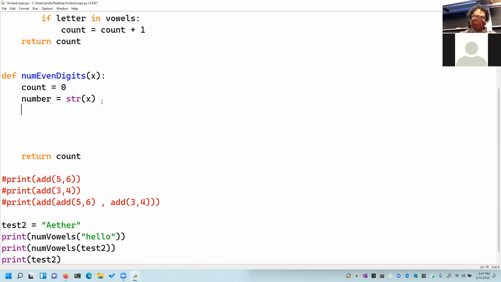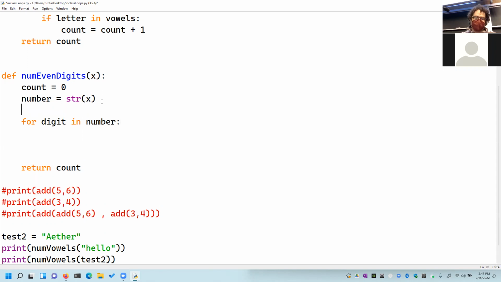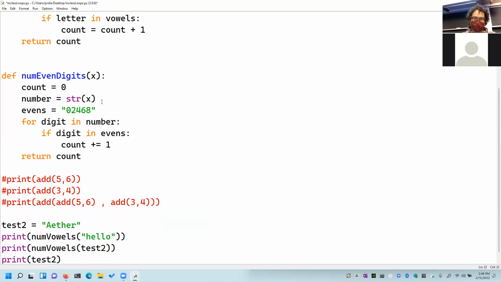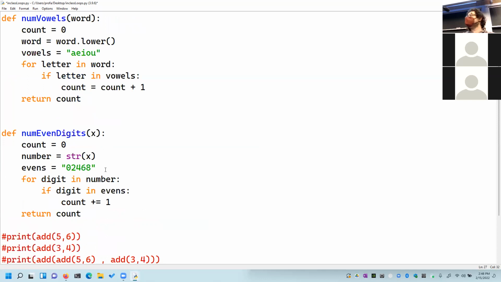All right, so okay, count is equal to 0. We've got our number. So for every digit in the number, we can do this like we did earlier, which is we can say evens is equal to 0, 2, 4, 6, 8, and say, if digit in evens, count plus equals 1. All right, so that's basically the way to do it if you convert it into a string and you want to iterate through everything one at a time. This is useful if